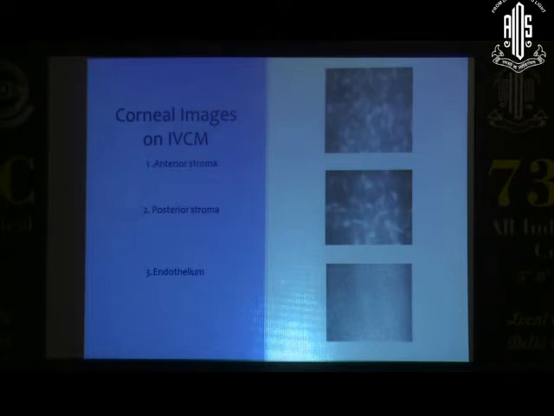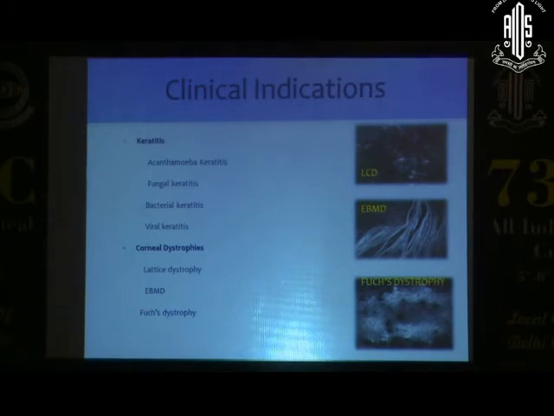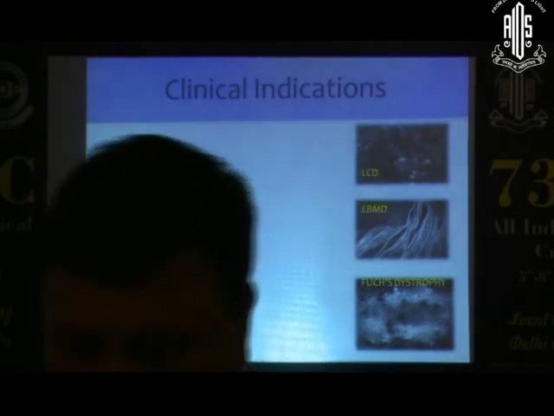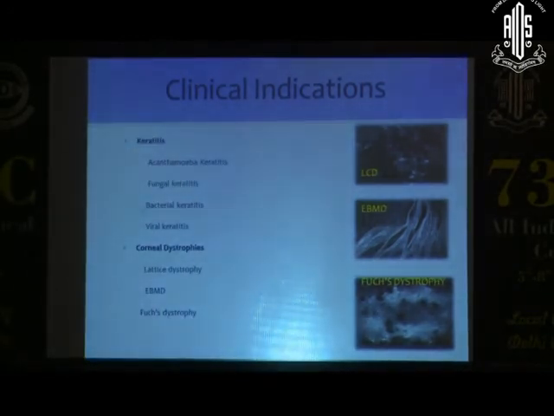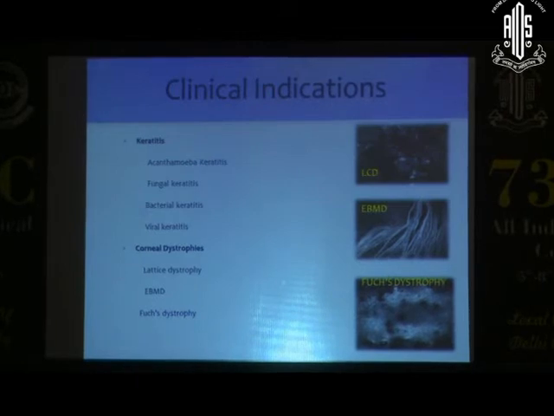The endothelium can also be imaged, but the specular microscope remains the gold standard for imaging the endothelium. So clinical indications: keratitis remains first and foremost. Acanthamoeba keratitis, specifically in the early stages where it looks like viral keratitis. If you have an imaging machine, it definitely helps. Fungal keratitis, a patient who has been treated for a long time, you may get negative scrapings even if you can scrape, and that's where you can use it. Again, bacterial keratitis as a negative: there's no fungus and no acanthamoeba, and it's possibly then a bacterial keratitis because you cannot image bacteria, they're too small to be resolved.